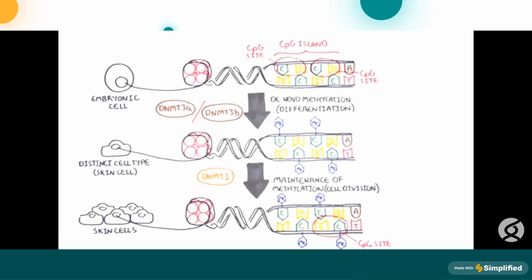By the addition of the methyl group at the CpG site, we also retain that methyl group at the CpG site. So we use DNMT1, as the arrow indicated. Next, by the addition of methyl groups at CpG sites in the embryonic cell, when the skin cell differentiates, all the DNA sequence has that methyl group, and that is retained by DNMT1.